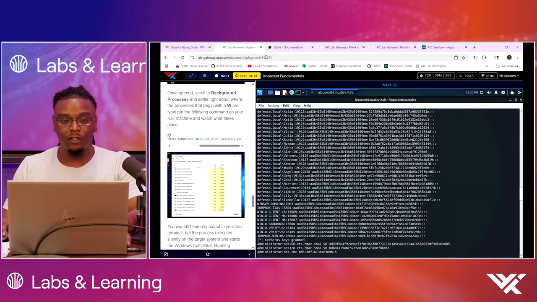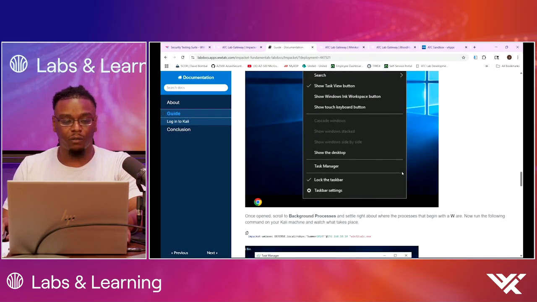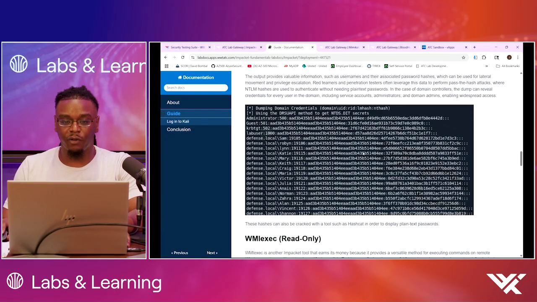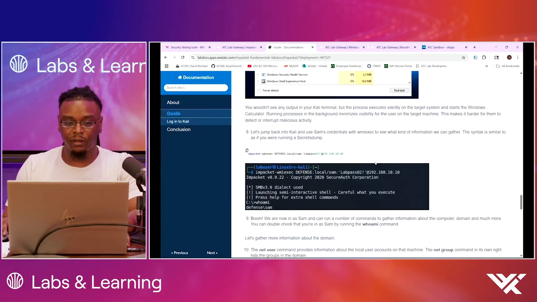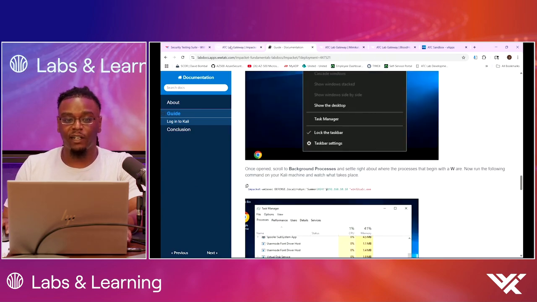This is a little bit harder to see, but if we come over to that other window that we opened up, you'll see before that the Windows calculator was running. But once we ran that command, that stopped the Windows calculator. And it was a great